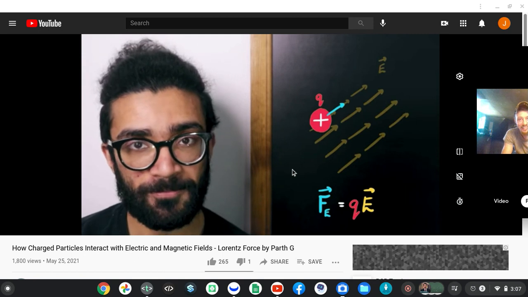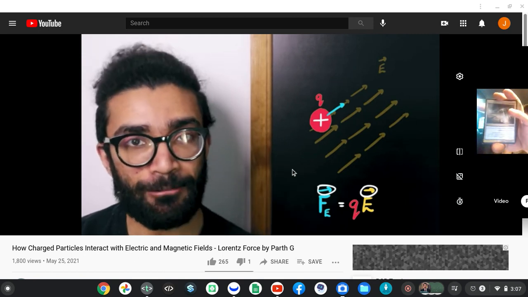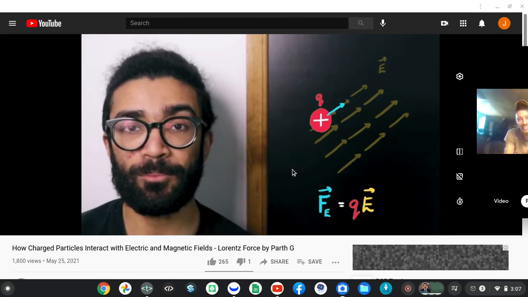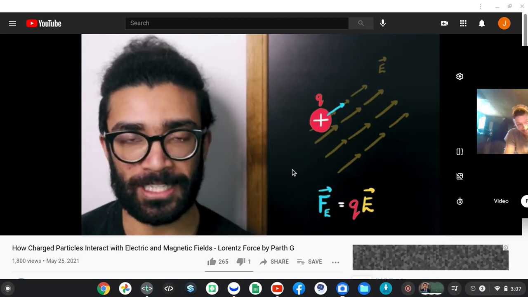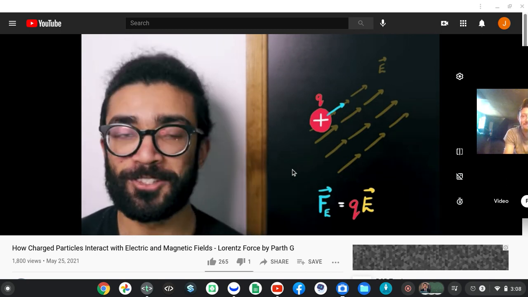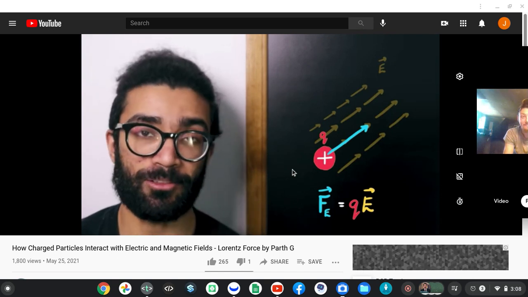And we also go one step further by making this a vector equation, which means that the direction of the force exerted is also included. This is done because we're keeping the vector version of the electric field E rather than just thinking about its magnitude or size. And so the stronger the field, the stronger the force our charged particle experiences, and the direction of the force